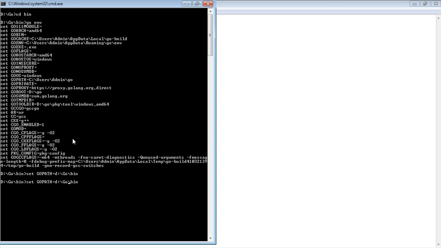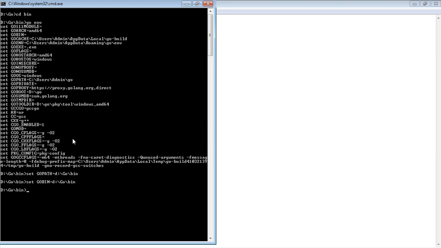Similarly, you do that for GOBIN. I'll just give you some time so that you can see both the statements at the top. Once both have been done, now your path and the bin are set. So path and bin are project level variables that have to be set each time, and environment variables can be set just once and will be okay.